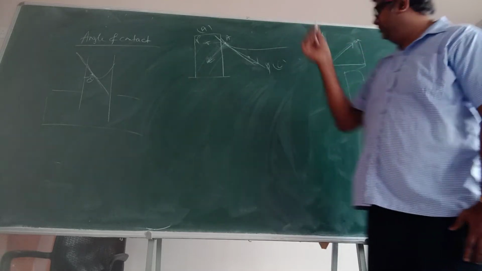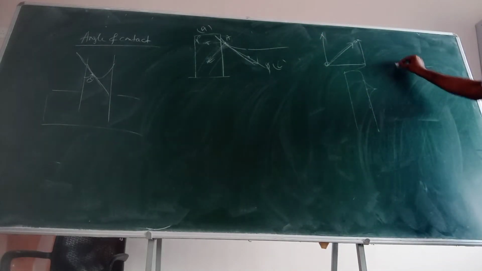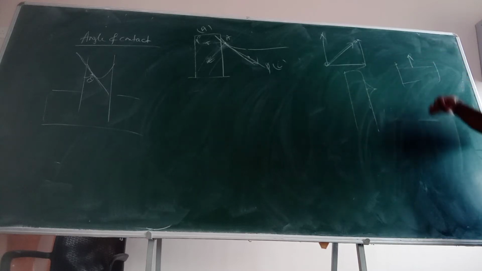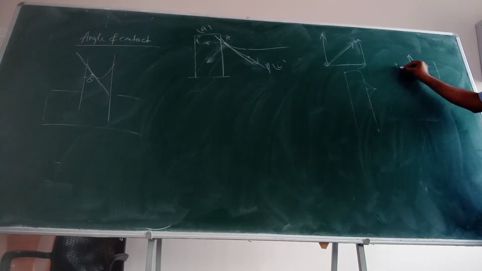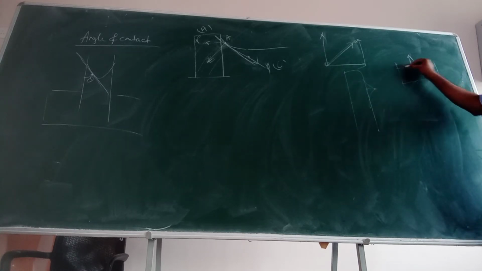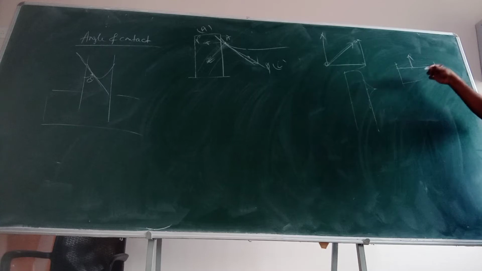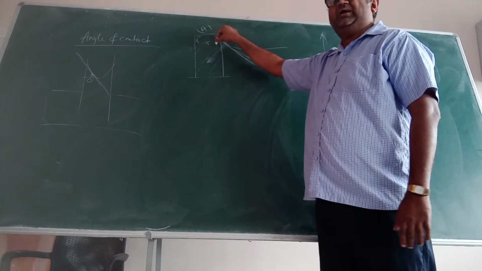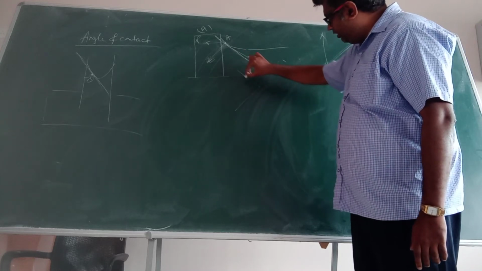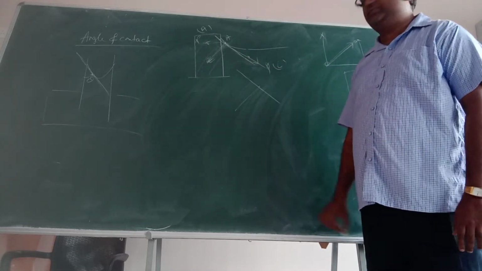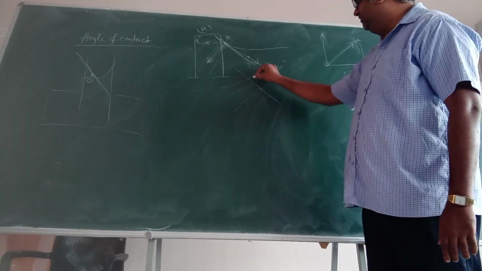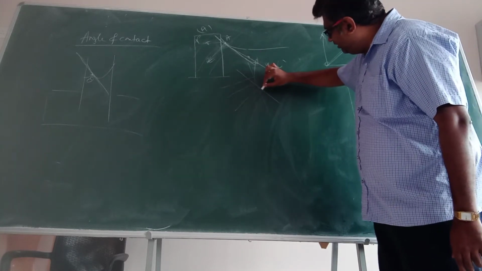Okay? Suppose this water interface is there, this air is there. So here how is the force? This is the resultant force, let us say. This surface is normal to it, no? If I draw a tangent here, it is normal to it. Same concept I am talking about here. Okay? So now tell me, there is a force like this. I have to draw a tangent like this. Suppose it is there like this, I have to draw a tangent like this. Suppose it is like this, I have to draw a tangent like this. Now join all these points.